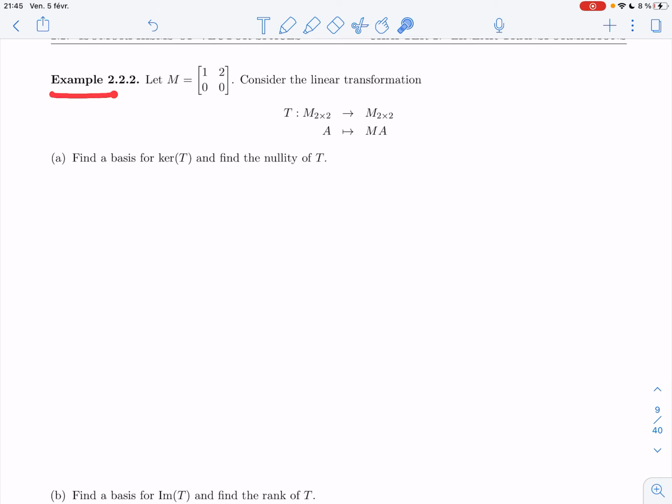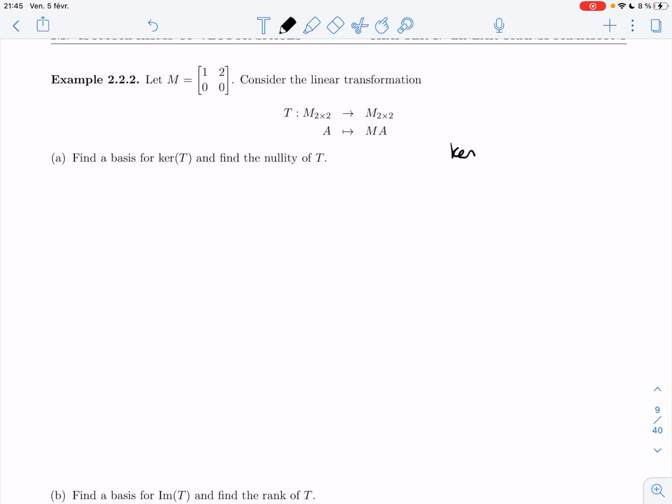All right, let's do example 2.2.2. I have a matrix M, which is [1, 2; 0, 0], and I want to consider the linear transformation that sends a 2 by 2 matrix A to M times A. I'm asked to find a basis for the kernel of T, and I need to find the nullity of T. All right, so I want